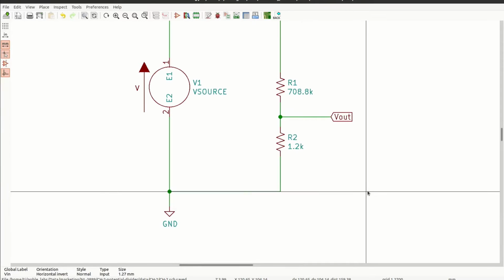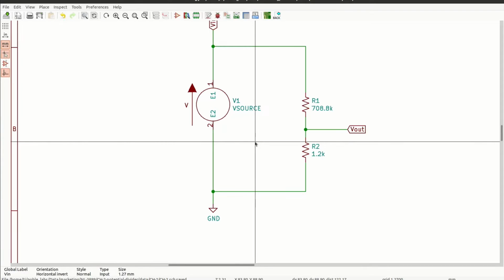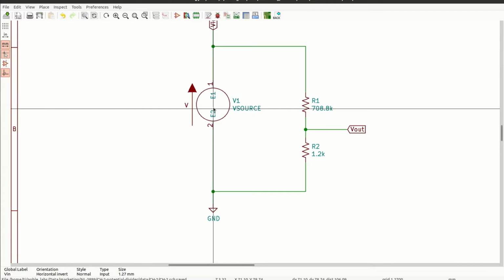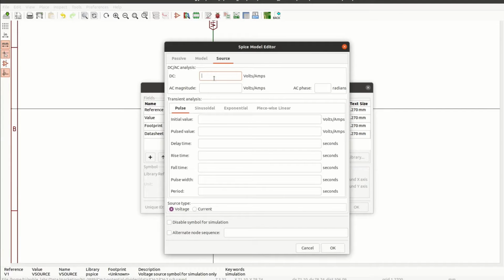Okay, now R1, R2, but we need a voltage at V1, so press E, go to edit spice model, DC, we put 710 volts here.